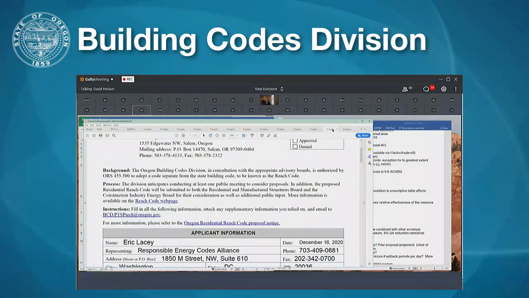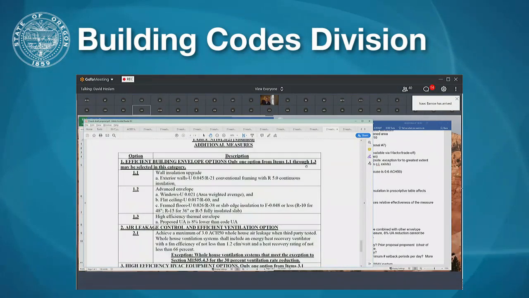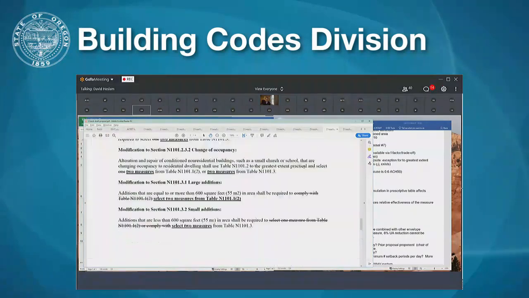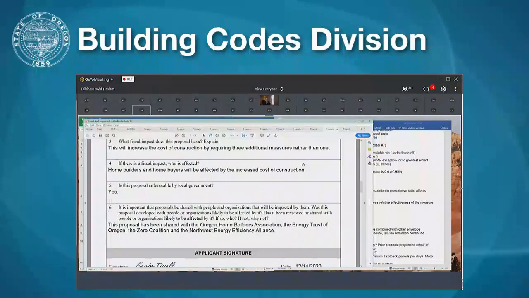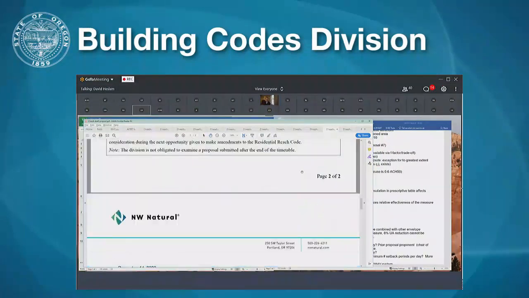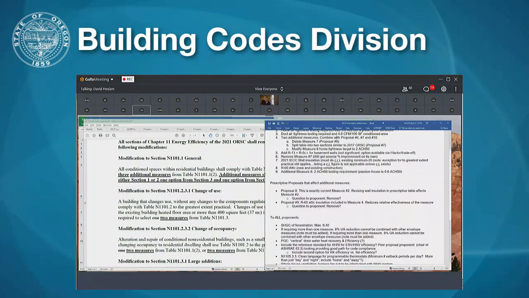All right, Mark, this is David again from Earth Advantage and Zero. Maybe Ryan could speak in here as well, but I do know that the Zero Technical Committee did have a lot of discussion around ACH levels, because we included, like NEA did, testing being required for all homes.